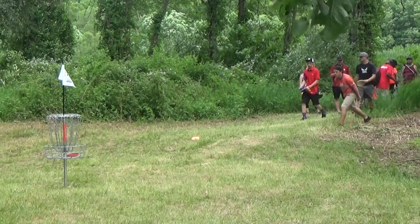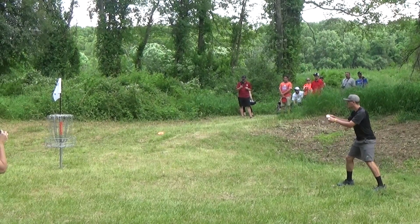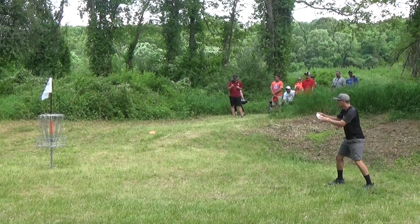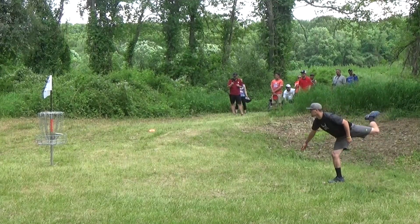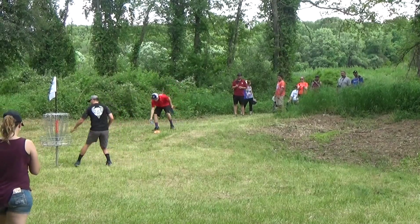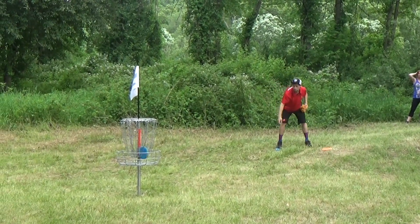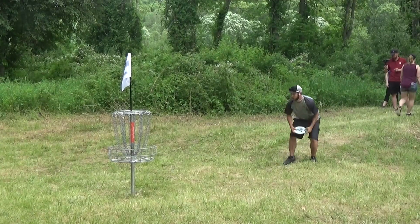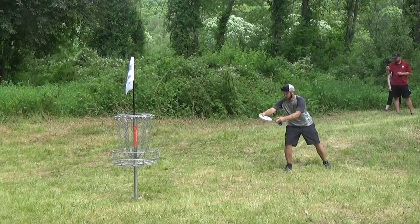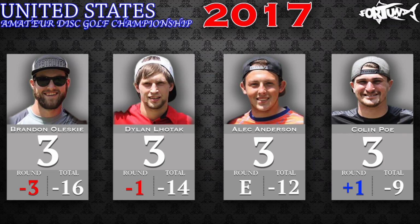Alec makes a great putt there. Then we got Colin for the same. Everybody looking just to get a 3 and get out of here. He kind of scoots that one over the rim. Walks it off. You know he's happy to make that one there. And Dylan for the same. And then last but not least, we got Brandon. We have a star par for the card going into hole 13, which in my opinion is probably one of